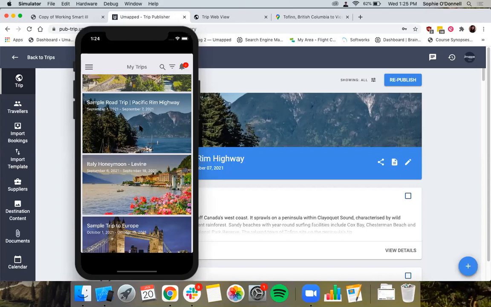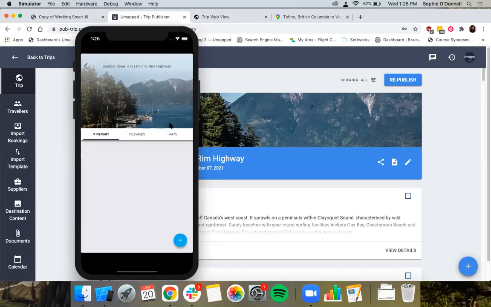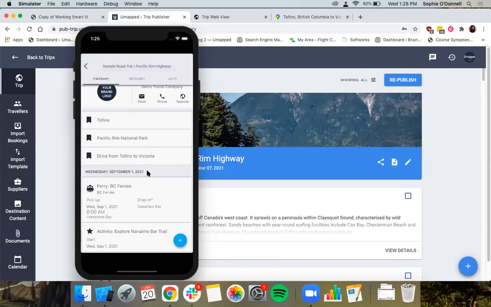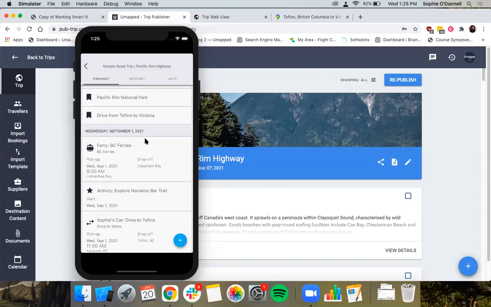So if they don't have Wi-Fi or they're not going to have data for an extended period of time, this is a good way to keep all of their details together so that they're not carrying around a whole other PDF that they might have printed out, and they're not going to freak out because they suddenly lost access to the web view on their phone. At least here, everything, once it's been initially downloaded, is there for good.